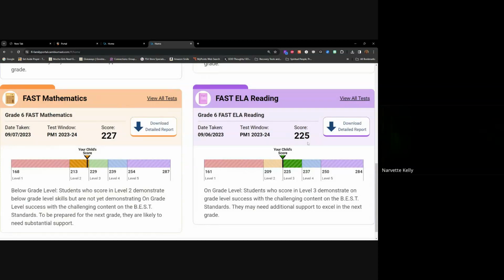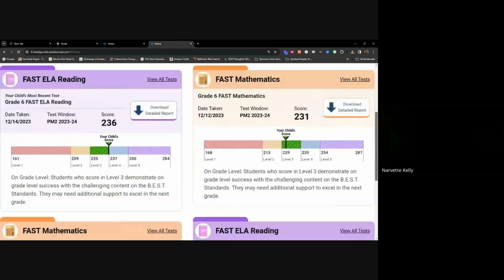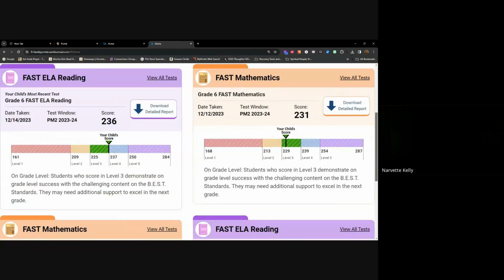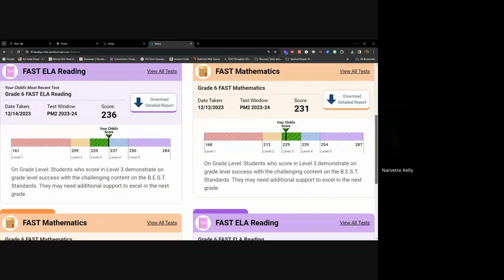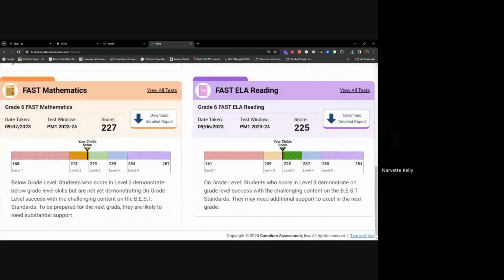So this student moved from a 225 to a 236. So you may ask the question, well, how do I determine if my child made enough growth between the first and second FAST assessments? This is how. What your child scored on the first FAST assessment is going to determine whether or not they showed growth on